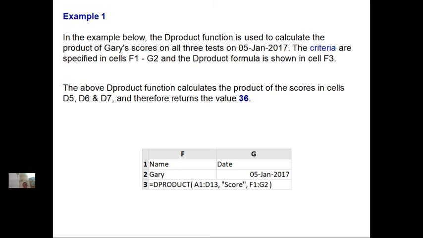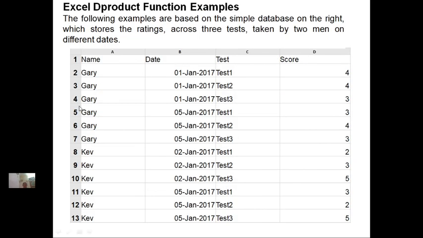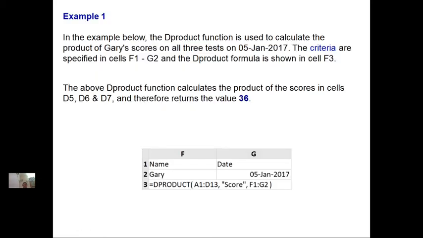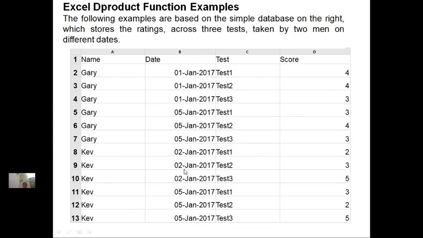So of all three tests on 5th January, Gary's score is 3, 4, 3. So the scores are 3, 4, 3.